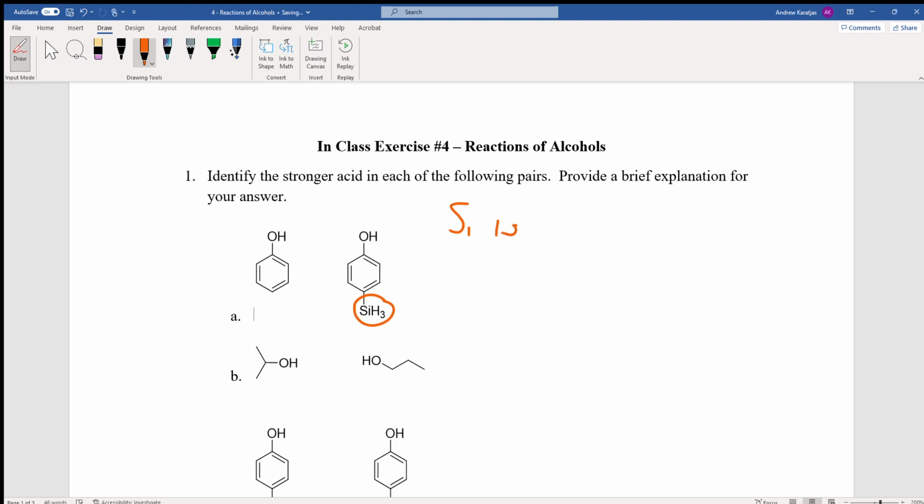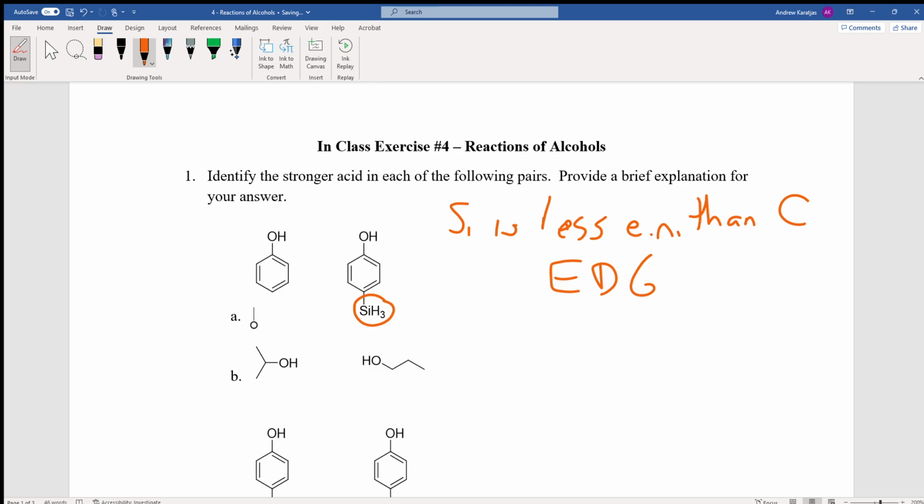And if it's directly below carbon, it's going to be less electronegative than carbon. Well, if it's less electronegative than carbon, that makes silicon into an electron donating group. As an electron donating group,